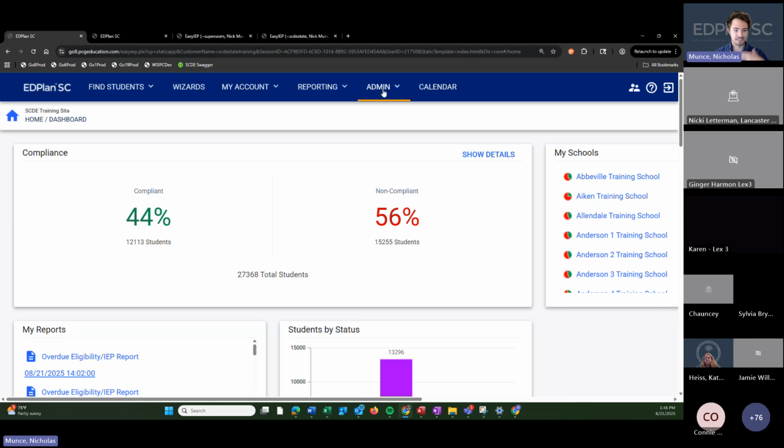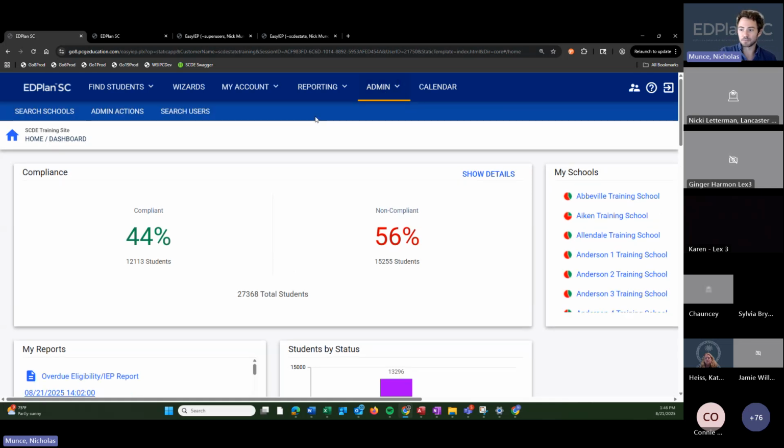So to start, the scenario here is a new student has moved into your district. They have a profile created by the EdFi feed, but that profile when the student first moves in is blank, right? It does not have any special education program information. You want to go grab that information from the district they used to be at.